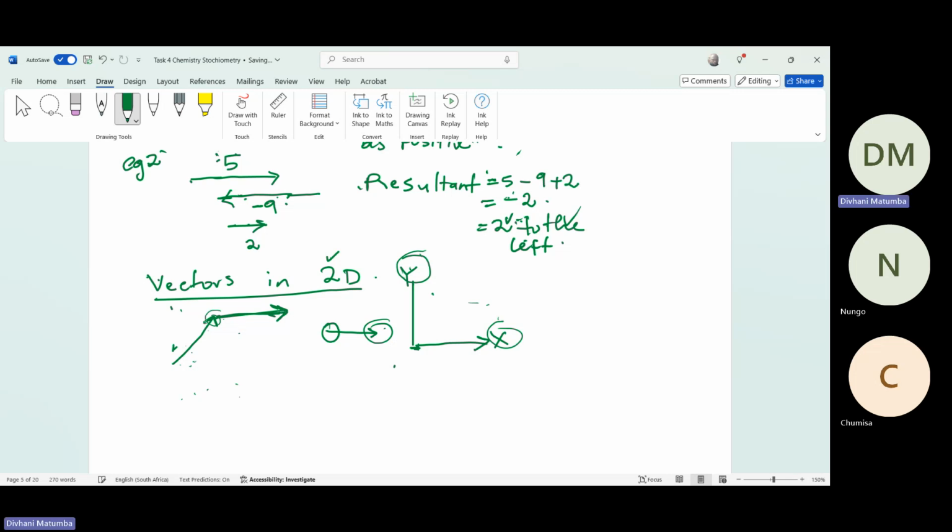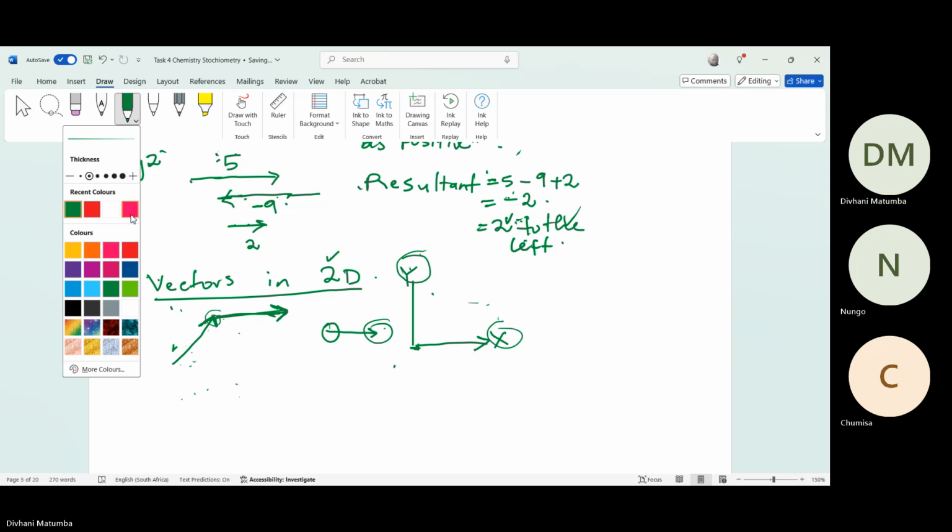If you join the two vectors from head to tail, let me take another color. So if you connect the two,